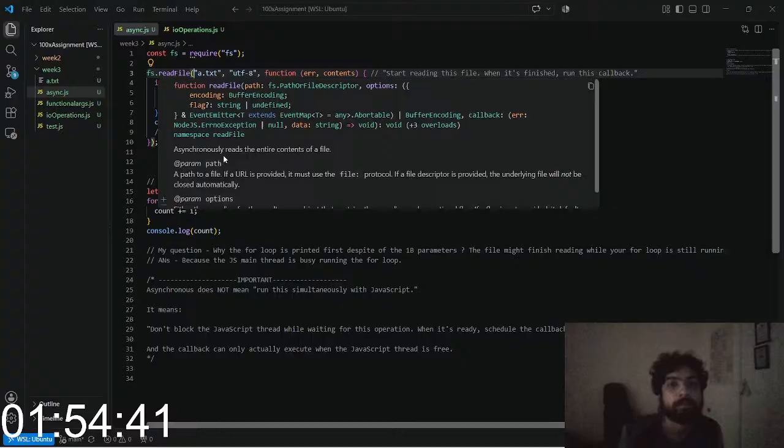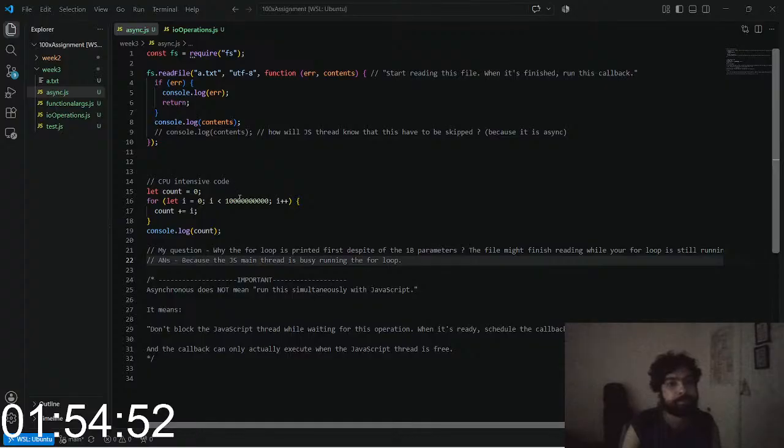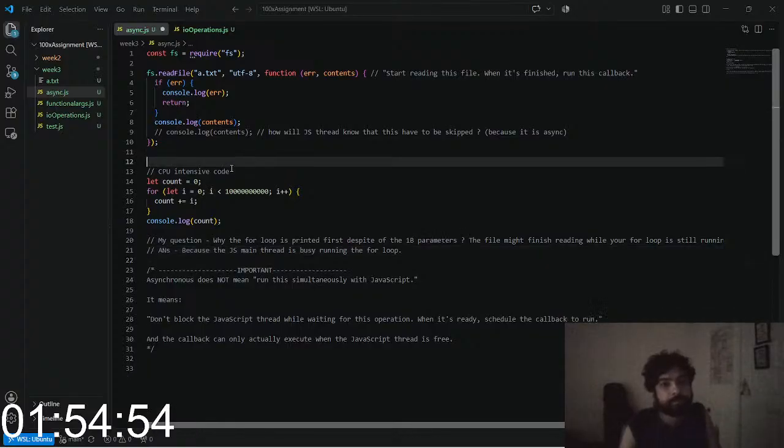You can log whatever you want. If you want to log the contents 3 times, you log it 3 times. If you want to log it once, you log it once. Just changing the syntax a little bit made this much more performant. Did this code become more performant? Absolutely. Why? Because we just asked the operating system that whenever